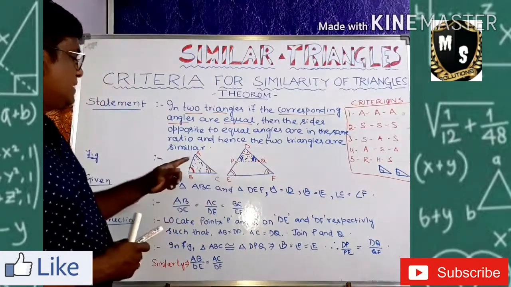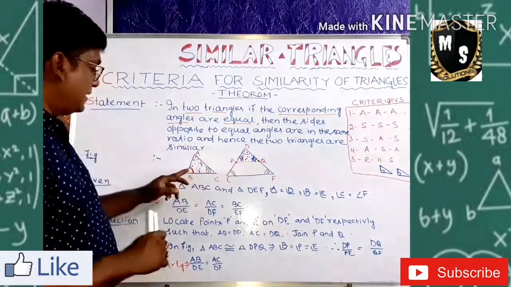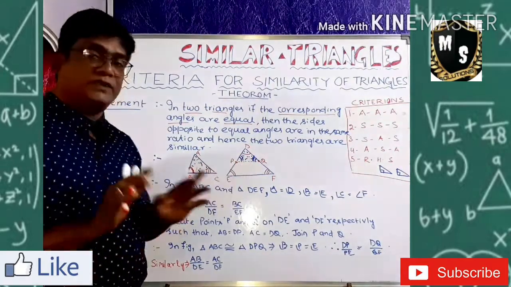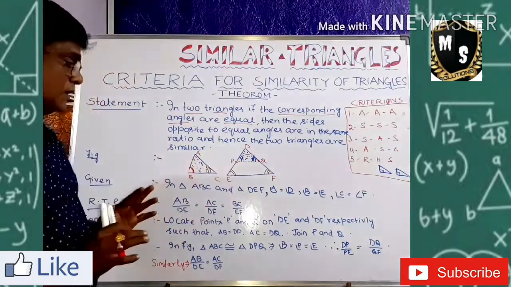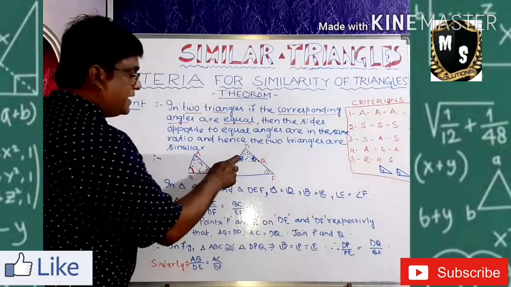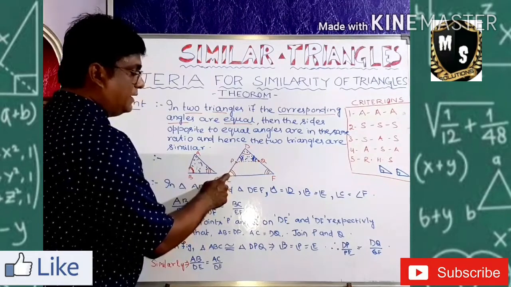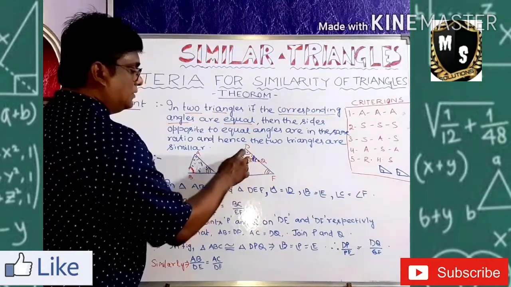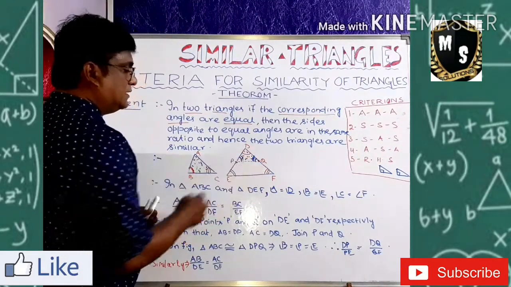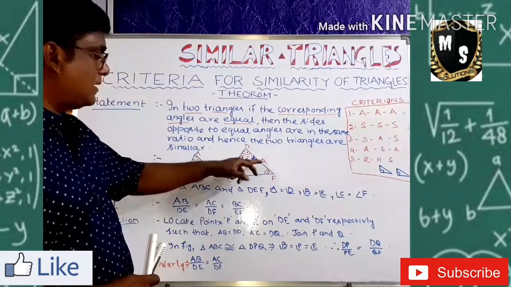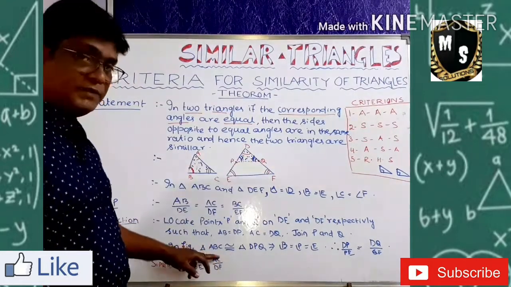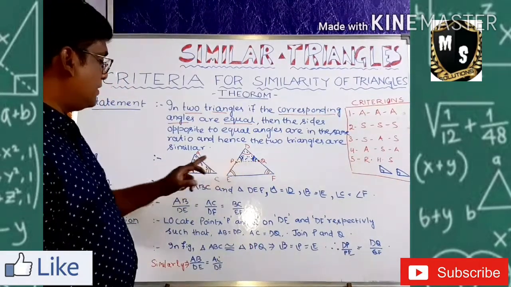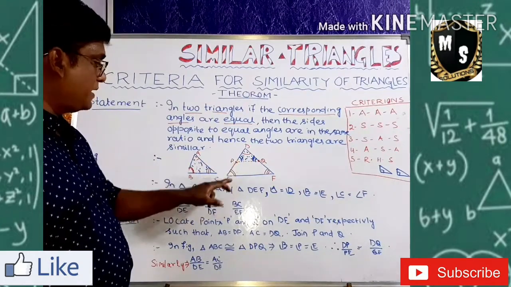Okay. Now you see, angle A and angle D are already the same. Angle B and angle P must be the same because these two triangles are congruent now. And angle C and angle Q will compulsorily be the same because these are congruent. But B angle is equal to E angle. Why? Because these two angles are also the same, having the parallel line, because this is the line which is bisecting the side into two halves. Look at it. I wrote it here. Triangle ABC congruent with triangle DPQ implies B angle must be equal to P angle, but B angle is equal to what? E angle. So P angle will be equal to E angle.